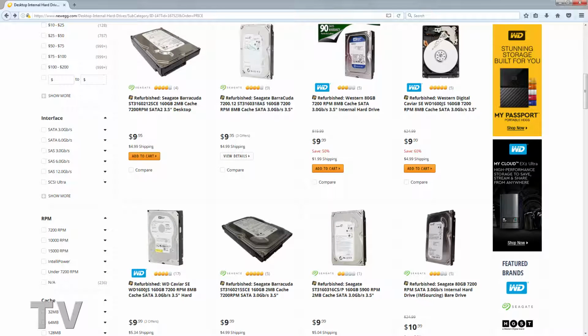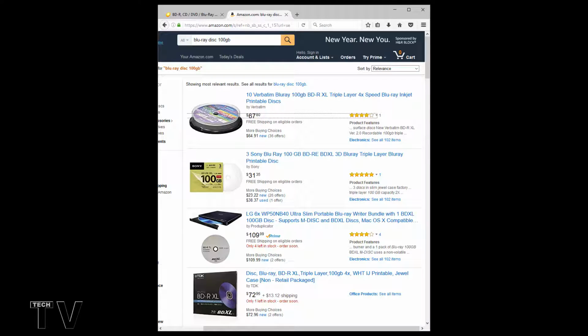What you're seeing on the screen now are the least expensive mechanical hard drives I could find, basically $10 a pop. They're going to be a little bit over by the time you throw in the shipping and handling. Some of them are 80 gigabytes, some of them are 160 gigabytes, so that is quite a lot of data. But like I said, if you get those Blu-ray discs, the 10-pack of 100 gigabyte, they're actually less than $8